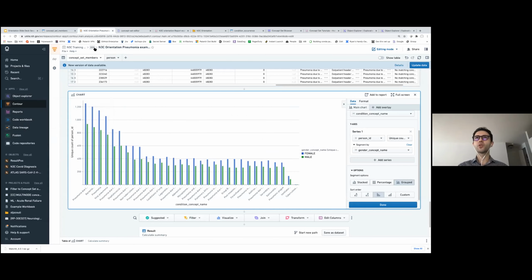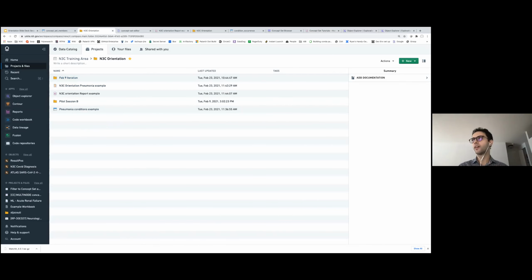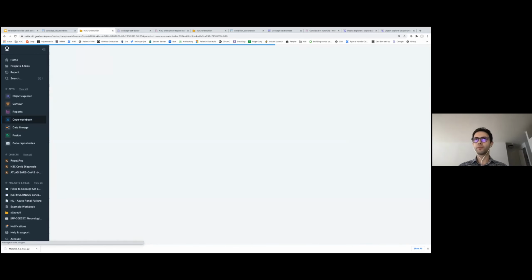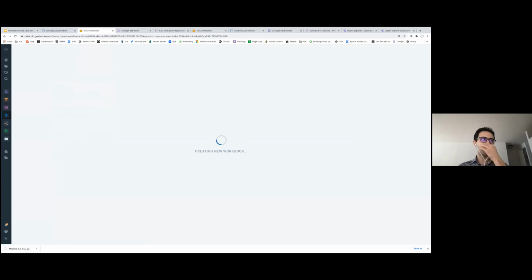So I'm going to go to my N3C orientation folder and create a Code Workbook in there. So if I click on this green button, new, and create a Code Workbook, you can also create it from here by clicking on this icon, Code Workbook.